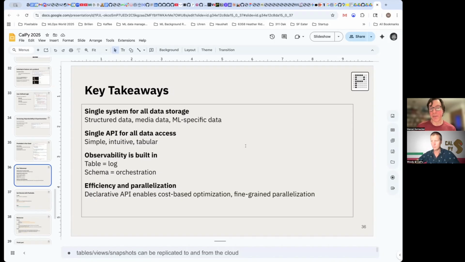Another interesting aspect is that because of this persistent table structure, you basically have observability built into the system. A table itself is in essence a log. If you think of computed columns as running a pipeline, all of their output is stored in the table.